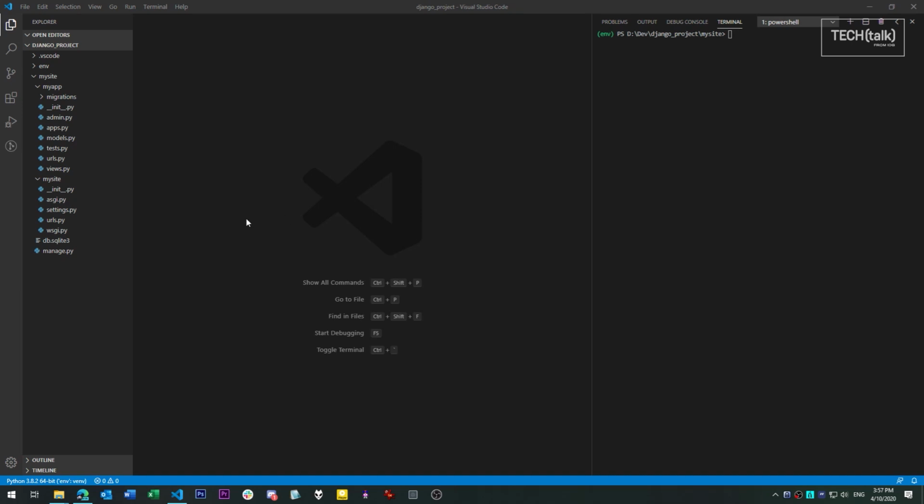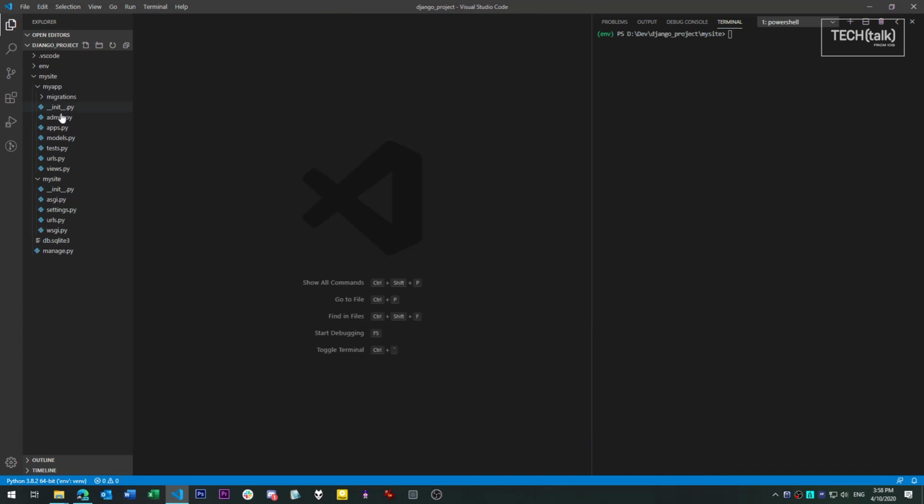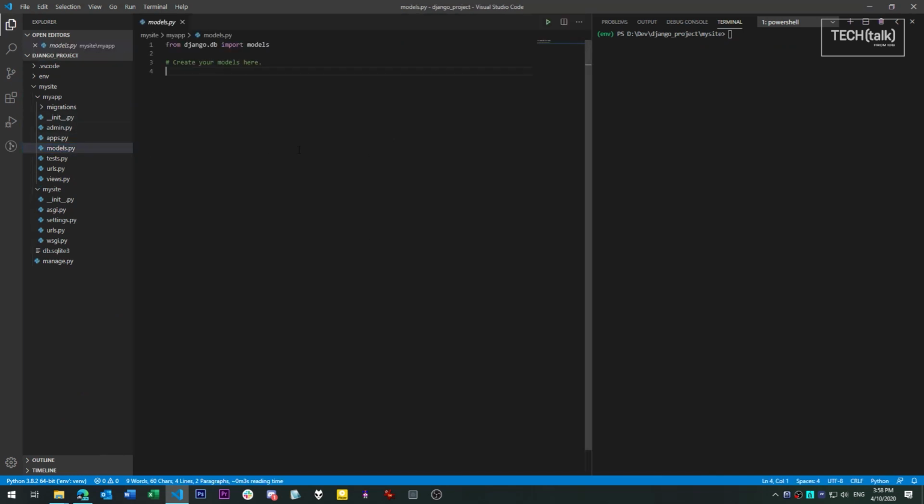First, we need to register our app with the project to use its database. To do this, we just edit settings.py in the project. Next, we have to create what's called a model for our site. A model describes the database objects used in the site, the tables, the fields in the tables, and so on. Right now we're just going to have one table, book, with a couple of fields, the name of a book, and the date it was produced.